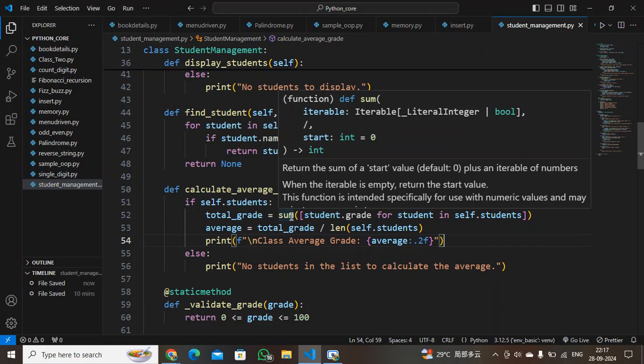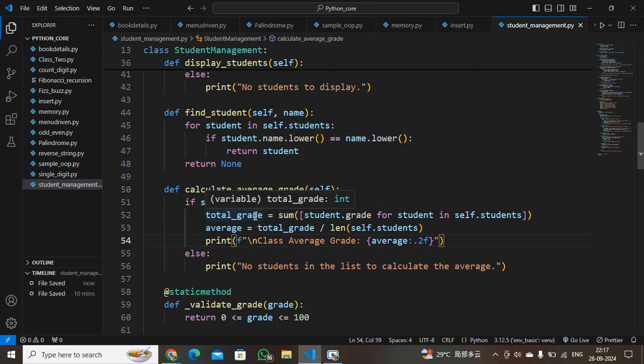So it will iterate over the list of grades, sum it, and assign it to the total grade variable. Upon getting the total grade, we are dividing it by the length of the student list. It will give us the average and then we are printing the average.